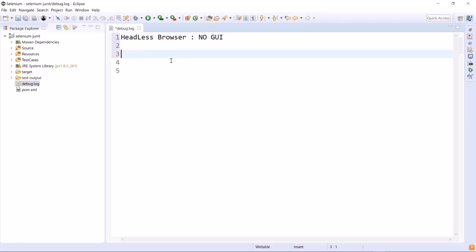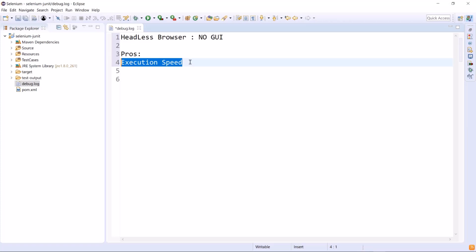Now the question comes: why would we want to use headless browsers? Well, there are some pros and cons to headless browser testing. So let's see what the advantages of using a headless browser for running your automation are. The first advantage is execution speed. Headless browsers are faster than real browsers, because we are not invoking a browser with a graphical user interface.